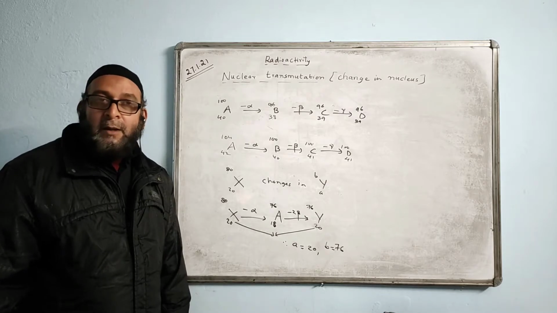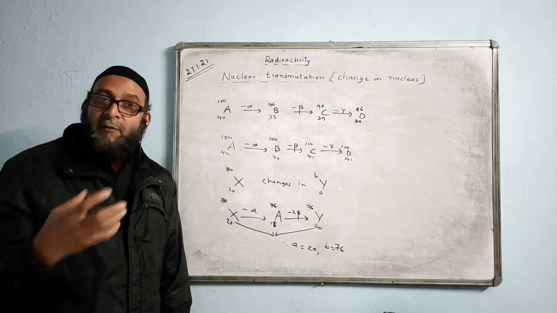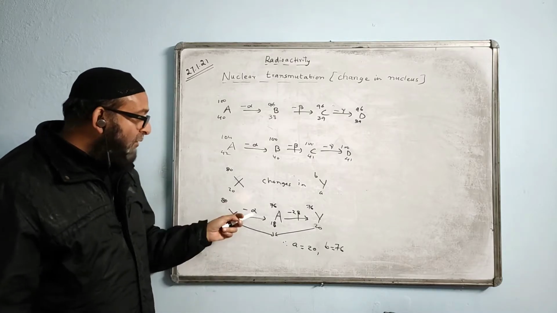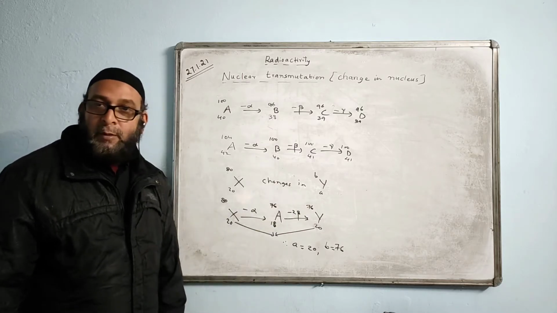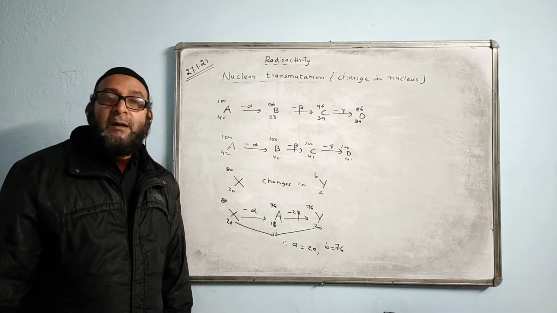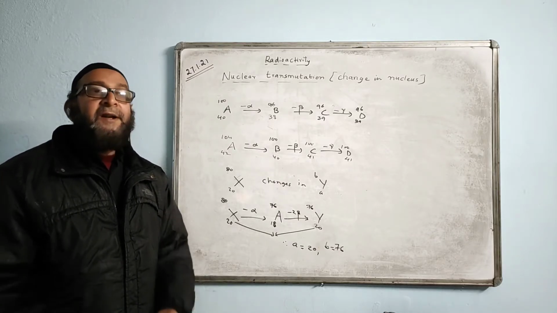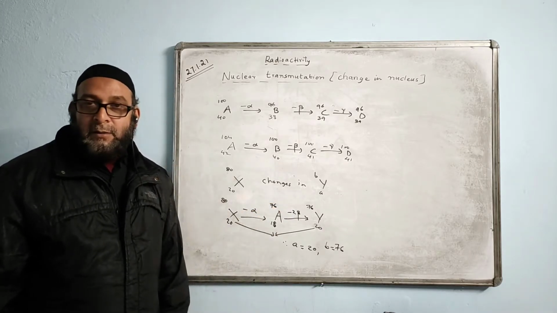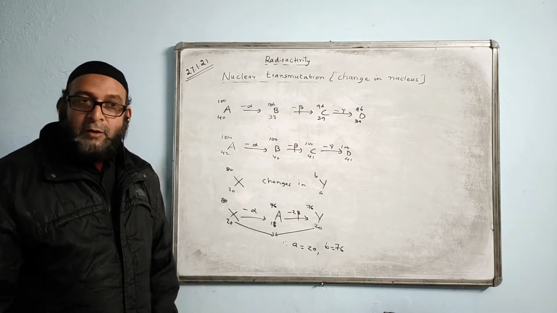They are called isotopes. The question may even come like this: when does a radioactive nucleus change or form an isotope? Then you say when it emits an alpha particle followed by 2 beta particles, then the nucleus will change into its isotope. If a question comes like this, how does a radioactive nucleus form an isotope, you say when it emits an alpha particle followed by 2 beta particles, then it forms the isotope. Hope you understood it. Yes or no?